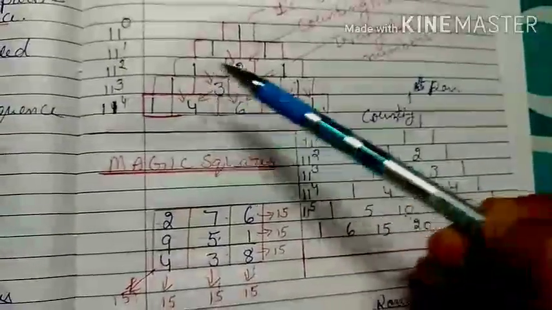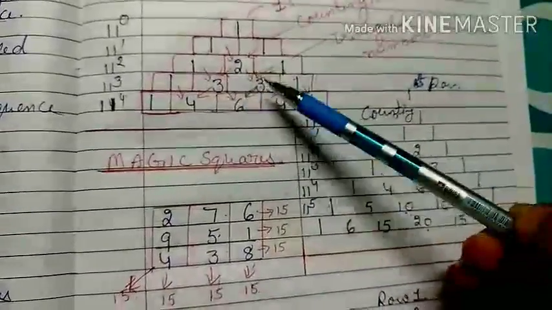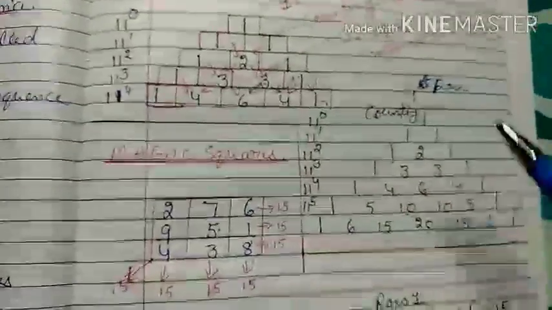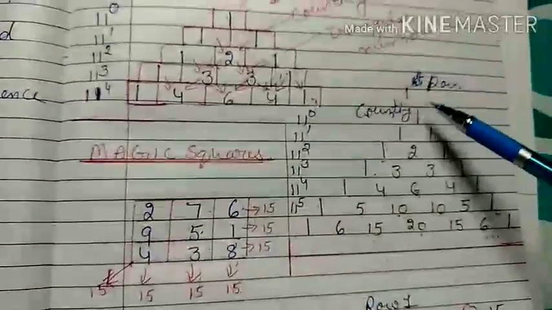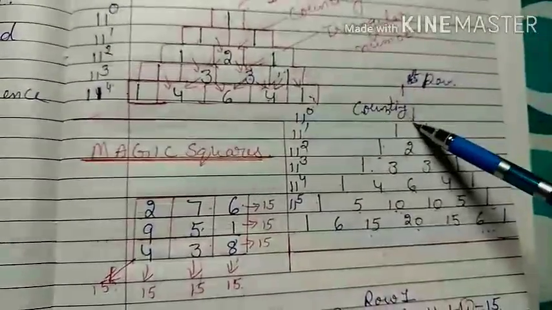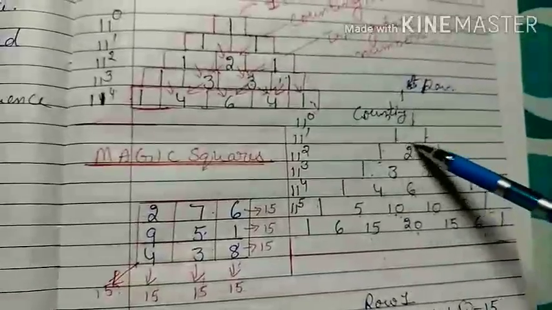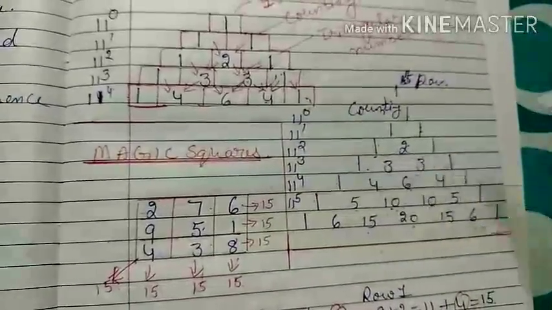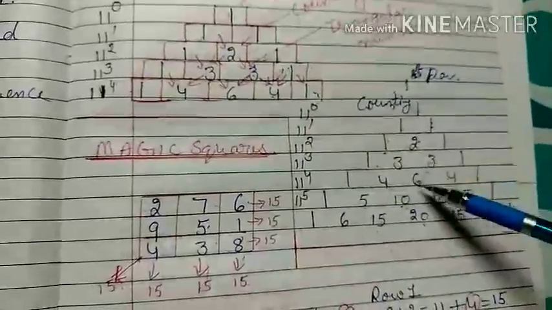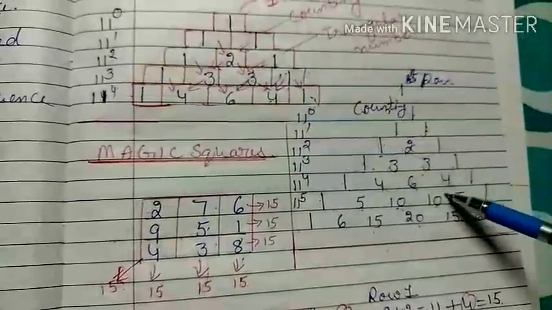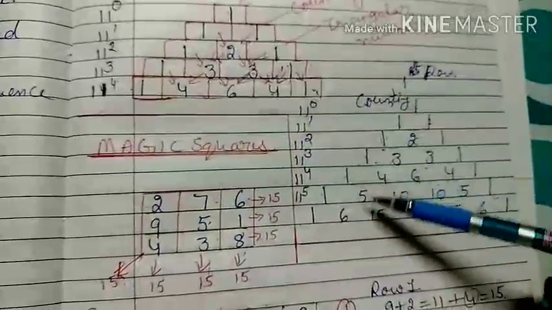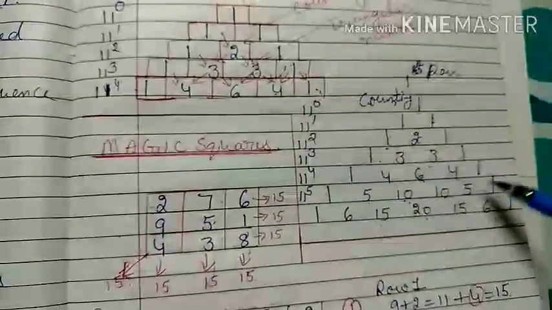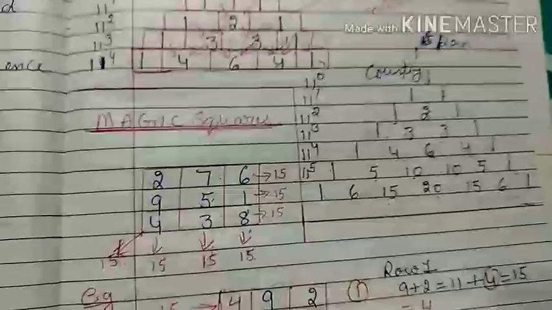1 plus 3 gives me 4, 3 plus 3 gives me 6, 3 plus 1 is 4, and 1 is shifted on the side. So if you look at the triangle, it should look like that: 1, 1 1, 1 1 is added to get 2, 2 plus 1 is 3, 2 plus 1 is 3, 1 1 shifted on the side. 3 plus 3 is 6, 3 plus 1 is 4, 1 1, 4 plus 1 is 5, 6 plus 4 is 10, 4 plus 1 is 5, and 1 1 shifted on another side.